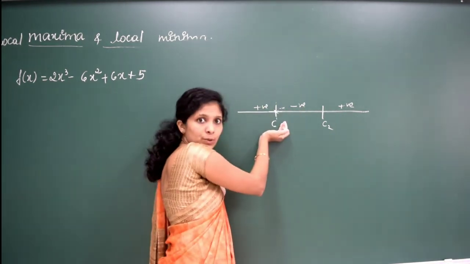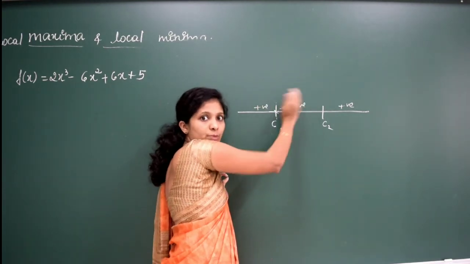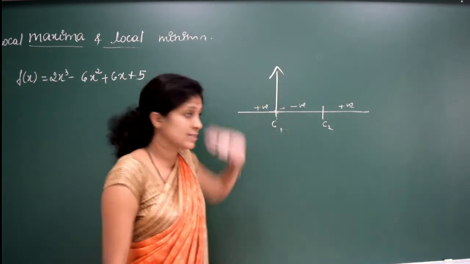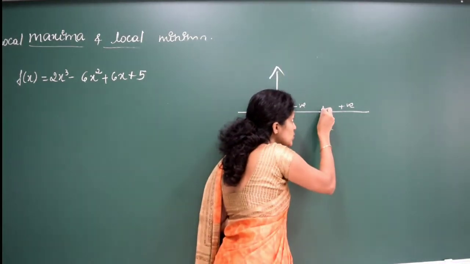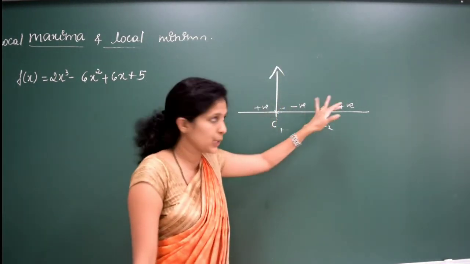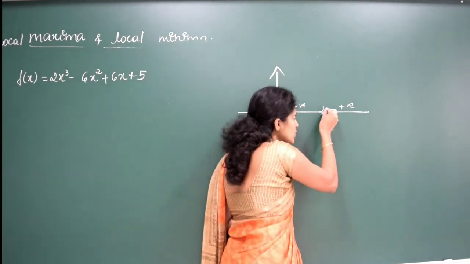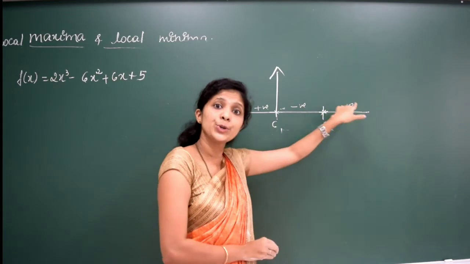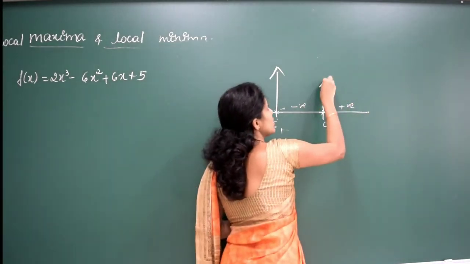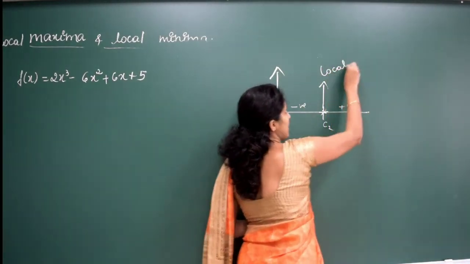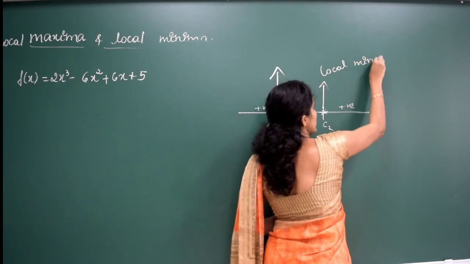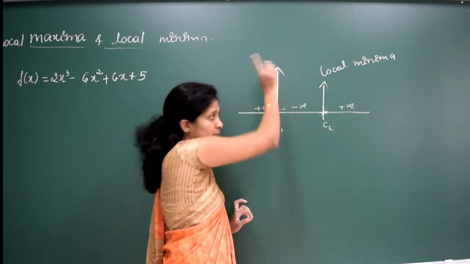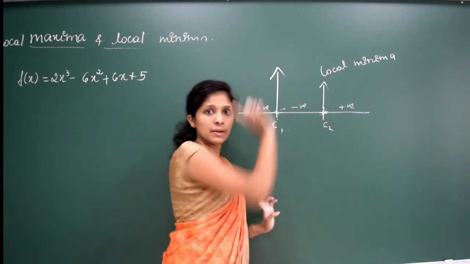At this point it will be equal to 0, right? It just changes from positive to negative. So this is called the local maximum. Here also, very close to here, this will be negative, and very close to here it will be positive. But here it changes from negative to positive. So this is called the local minimum. I hope you understood this one. Okay. Remember, plus to minus is maxima, minus to plus is minimum.